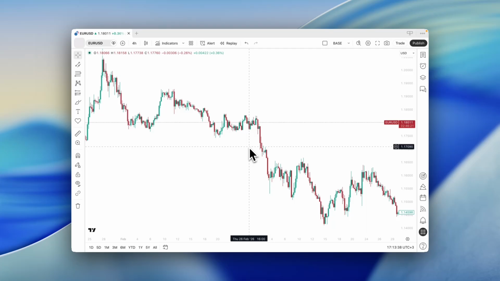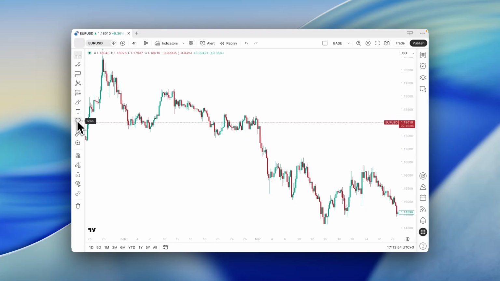Today I'm going to show you how I would use an emoji on my TradingView chart. Now usually you won't see many emojis being used, personally because they clutter your chart. But if you do want to use them, then you can look at the left toolbar on your screen, go